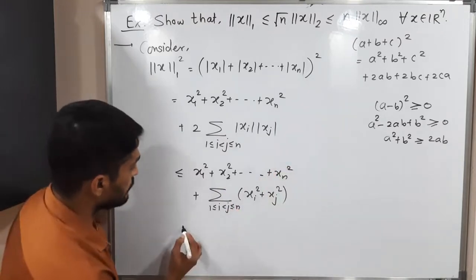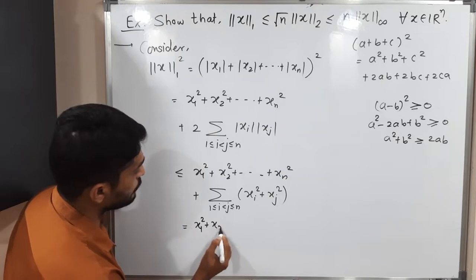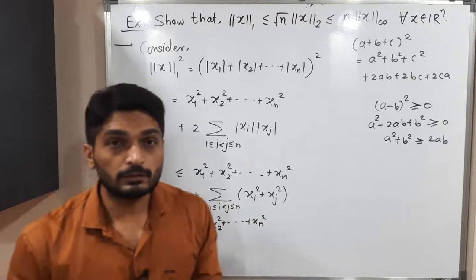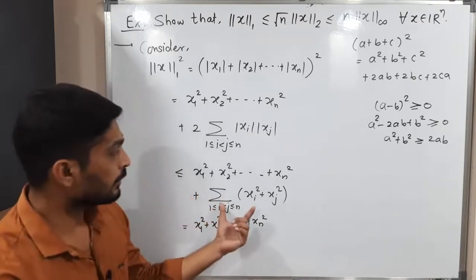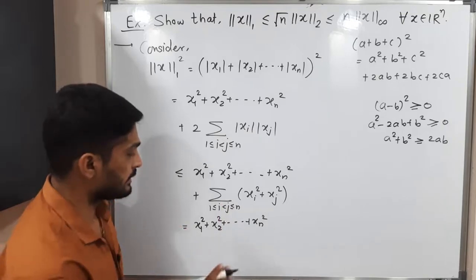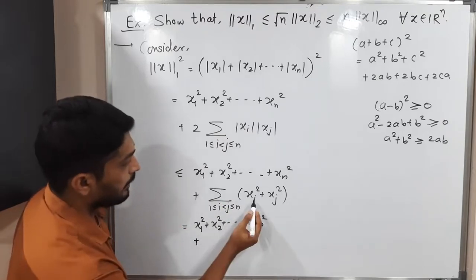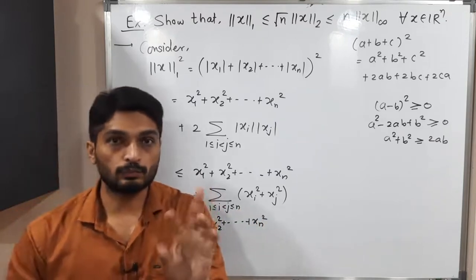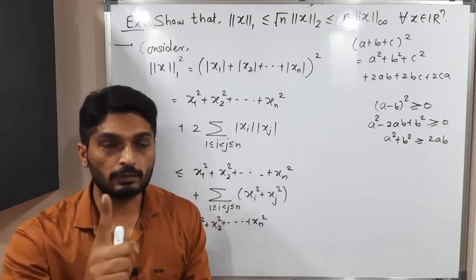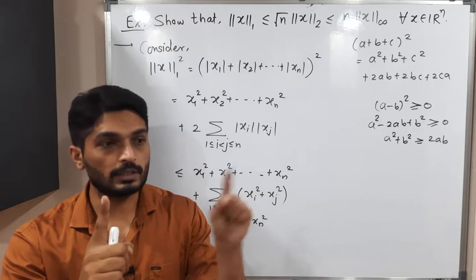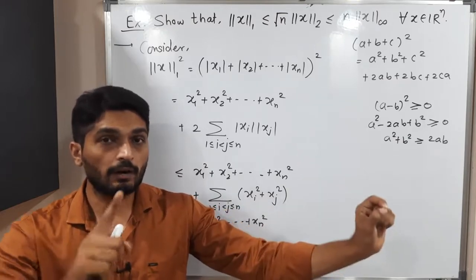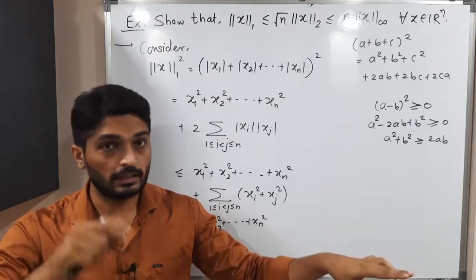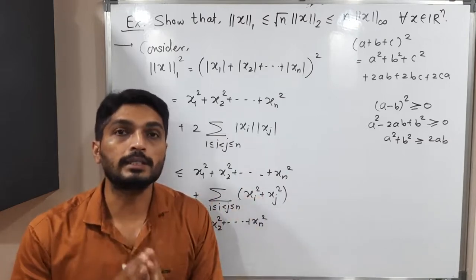Let us go further. So this is equal to x1 square plus x2 square plus and so on up to xn square. I am going to expand this summation. Actually, some things we need to take care of, and we will expand this summation. Now let us see what will happen. So plus, I will start with i equal to 1. See, we have two variables, i and j, and all possibilities. First we will fix i equal to 1 and vary j: j is equal to 2, j is equal to 3, j is equal to 4, and so on up to j is equal to n. After that we will change our i. We will go to 2 and then 3, 4, 5, 6, 7, 8, 9 up to n. Next i is equal to 3. In this way we will go up to i is equal to n minus 1.